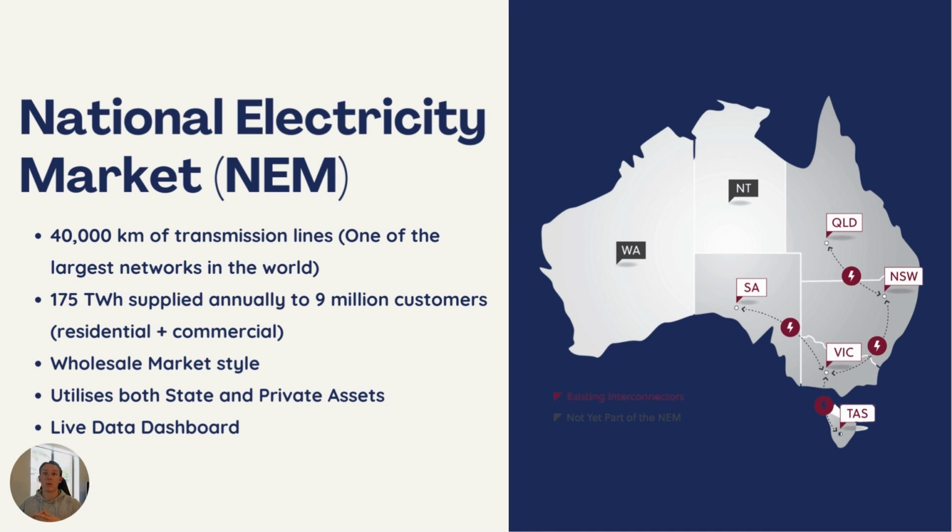And prices fluctuate depending on how many generators are on the market, so that's supply, and also how much demand is in the network. So for example, peak demand may be in the afternoons when everyone gets home from work and cranks up their air cons and stuff like that. And say peak supply for a solar generator might be in the middle of the day when the sun's out. So that's kind of a high level of how the wholesale market works.